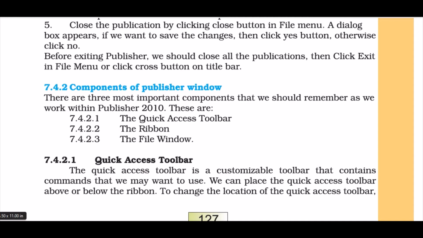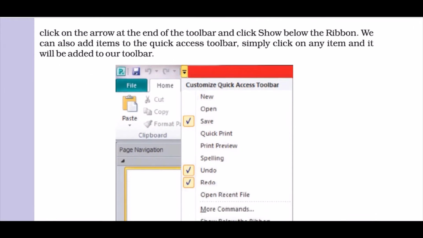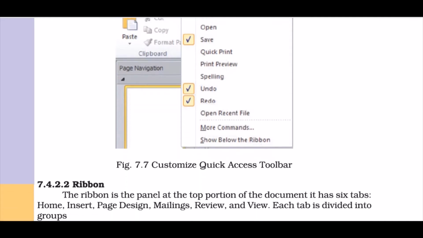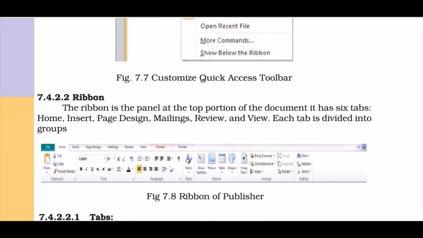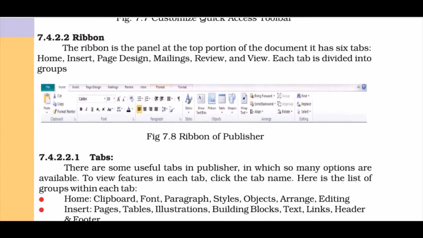We have a toolbar on top of our window that contains tools. We can save quickly, undo, redo, and more options in here. Ribbon. Ribbon is the panel at the top portion of the document.